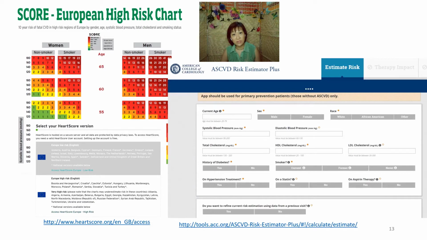Likewise, the ASCVD risk estimator is seen in this particular screenshot over here, and the link is at the bottom if you want to give it a shot. Similarly, the approach is to put in the risk factors like age, systolic blood pressure, total cholesterol readings, whether you've got a history of diabetes or are a smoker, etc. And you can actually recognize that these are risk factors for cardiovascular disease, right? So once people put this in, it will spit out a risk score for you, and it will also recommend to you when you should start treatment and how high or how low the target should be,